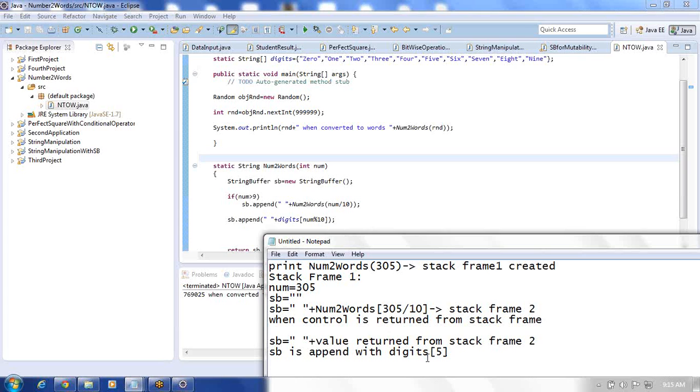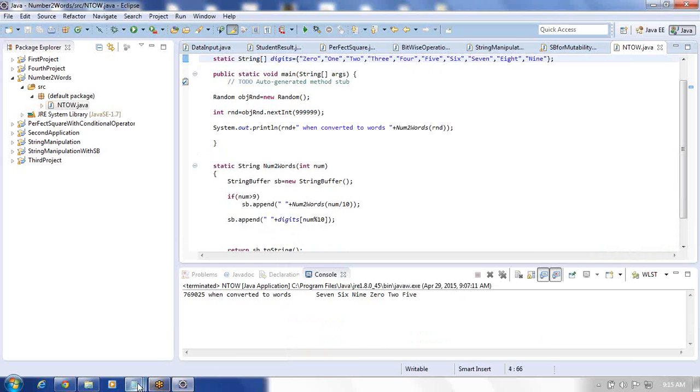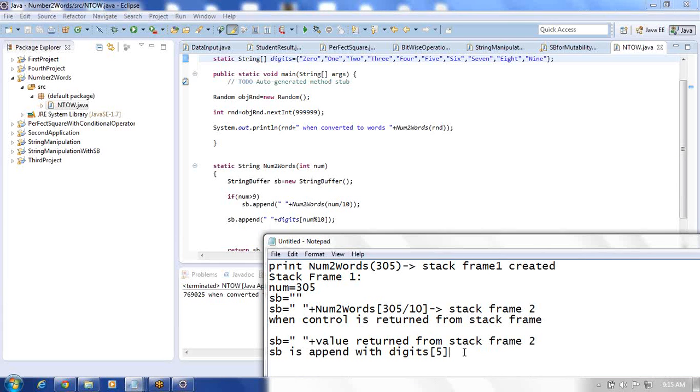So digits of 5 is going to be how much for you? It is going to be 5. With 5, it will be getting appended for us. So SB is getting appended with digits 5. Already some text you have there, and along with that text, 5 is going to be appended for us. Then it returns to